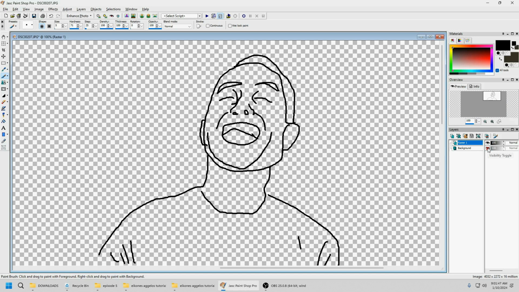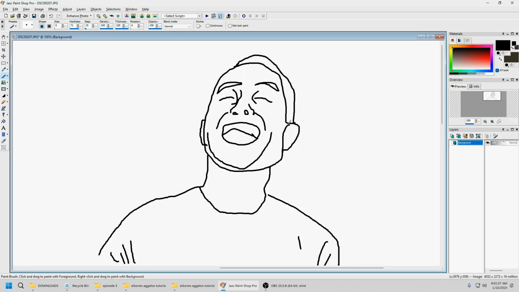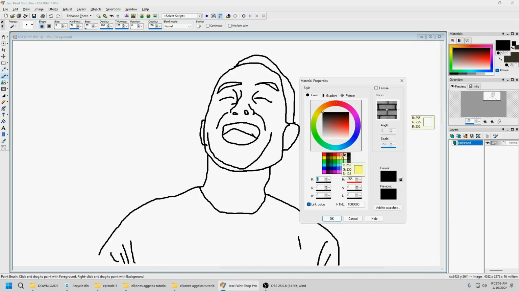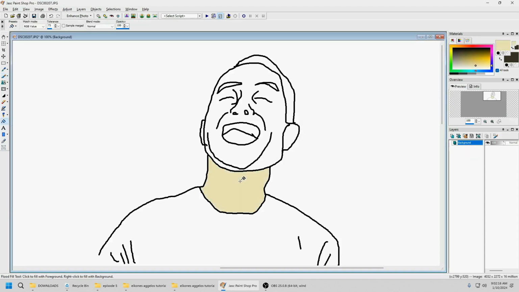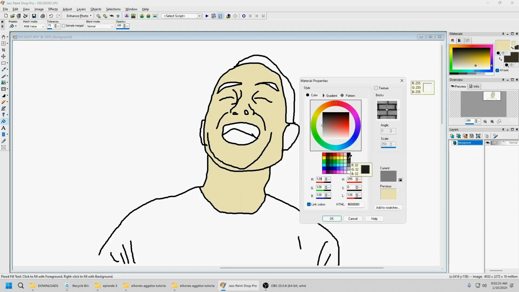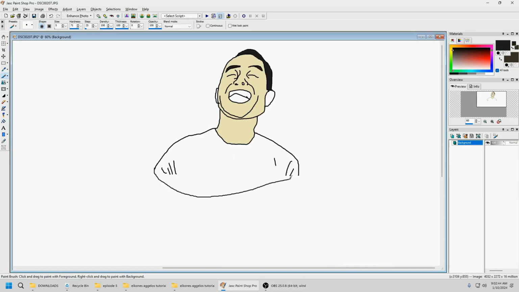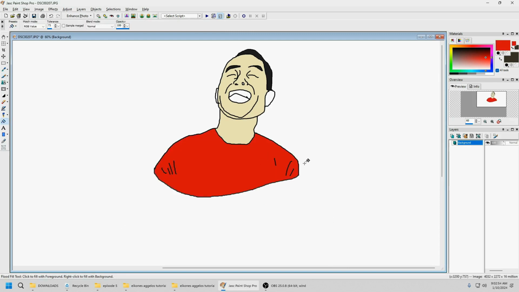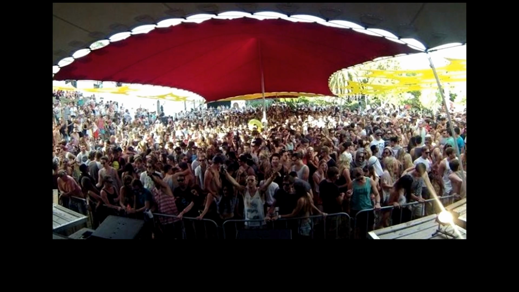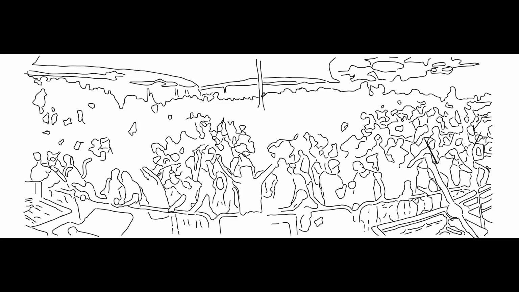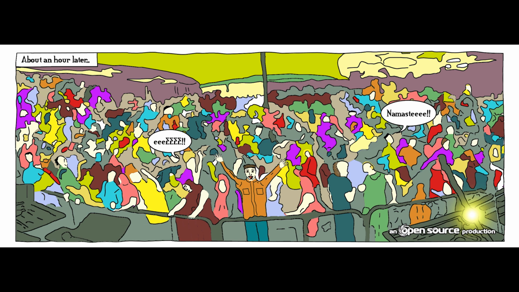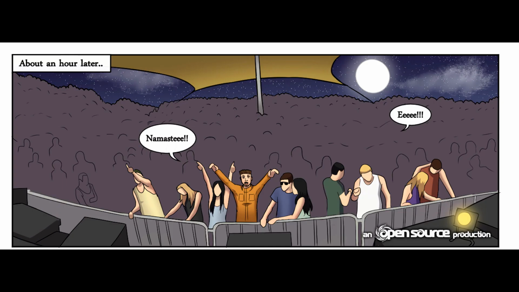And then all you have to do is close the gaps of those lines so you can fill in with colors. At that point you have two choices. You can either improve your skill and become a real graphic artist, or you can pass over your work to an established graphic artist. Here is another frame. I started with a plain photo from a festival. I traced the edges, closed the gaps and applied basic colors, and then spent a million hours fine-tuning details.